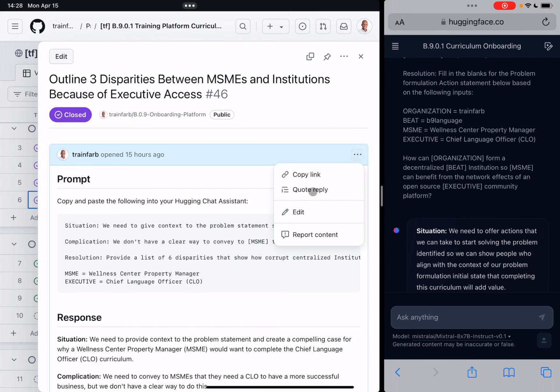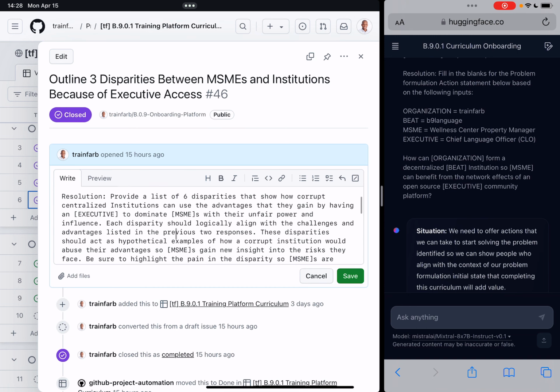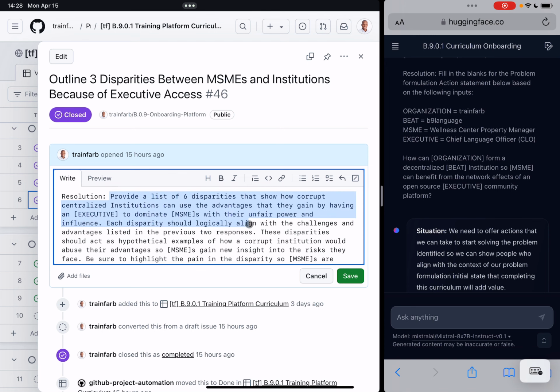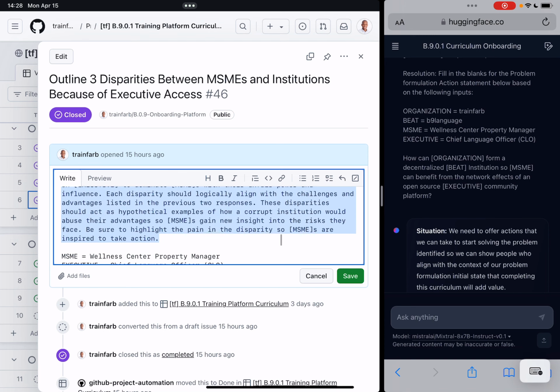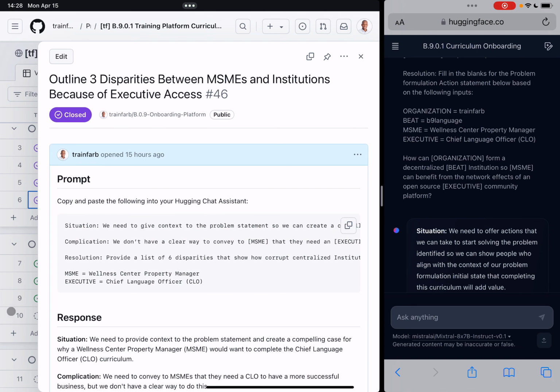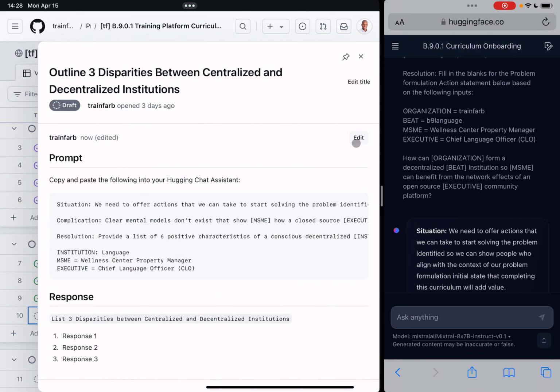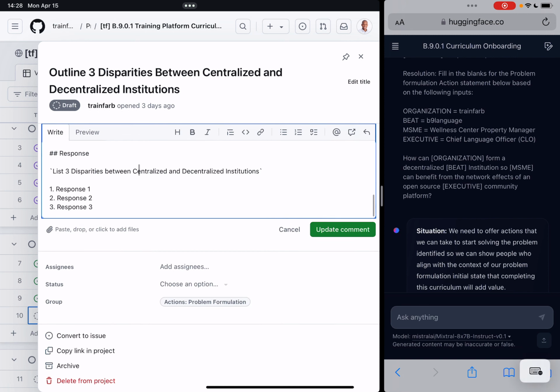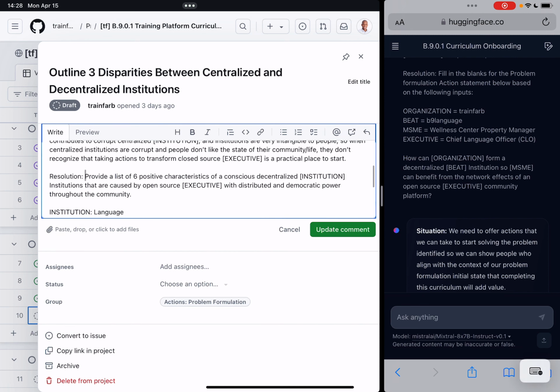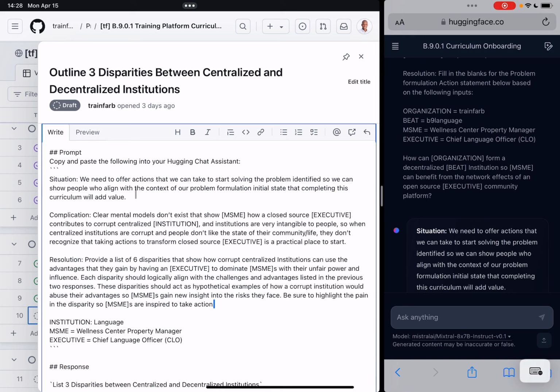Let's take this more in-depth resolution and apply it to this in the same way, just with some updated language based on what we're talking about today. Provide a list of 6 disparities that show how